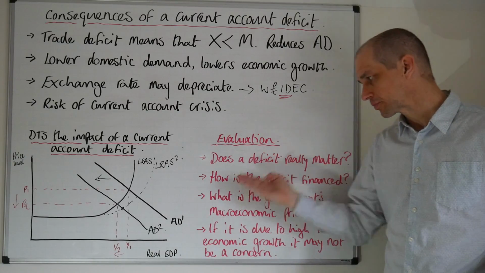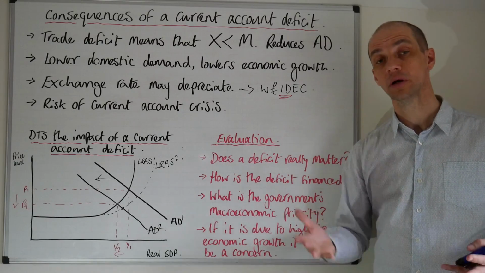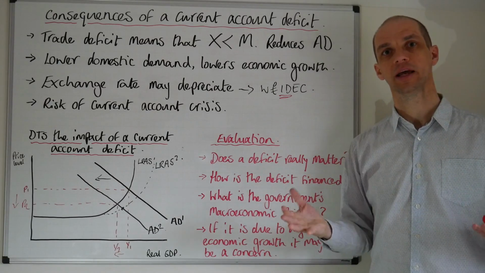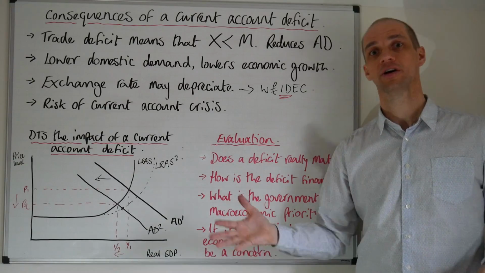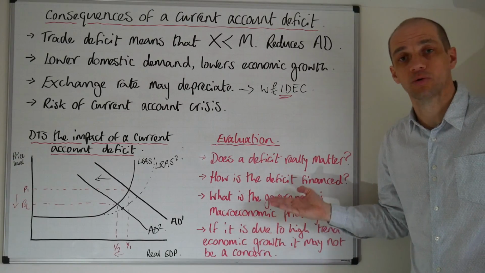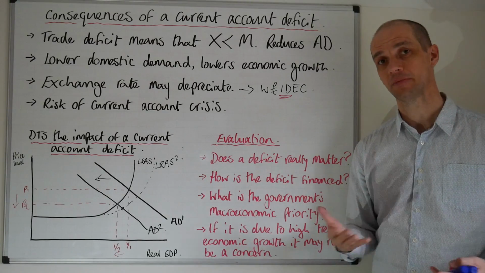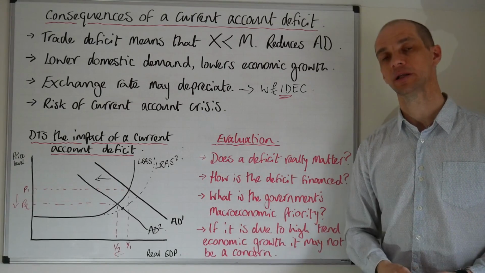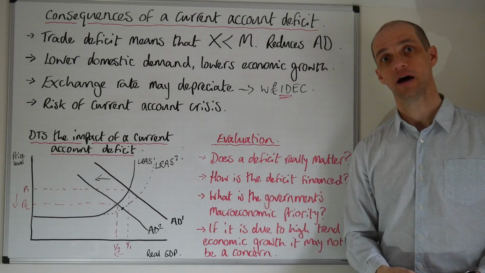Okay, we've mentioned how is the deficit financed, but it's worth noting we live in a really globalized economy where financial flows are all over the place. So therefore, is it just to be expected that if one economy runs a surplus, that another runs a deficit? So yes, to an extent it is. So what cause for concern is that? Next point, what is the government macroeconomic priority? So what is the government really trying to achieve at any given point in time? And again, that is going to depend, but that is going to give you an excellent means of actually saying,